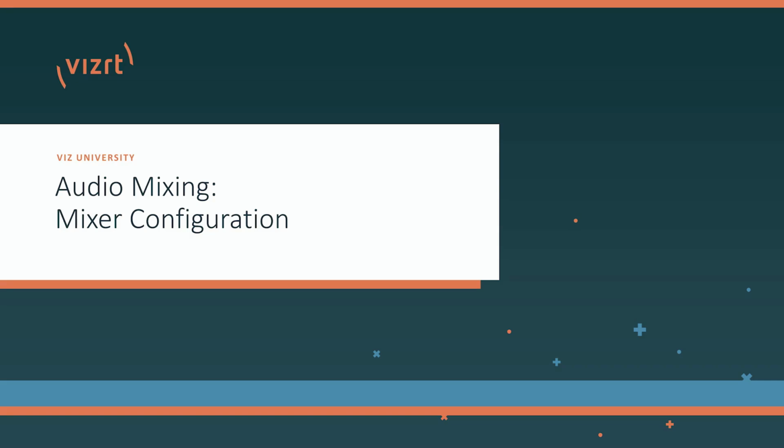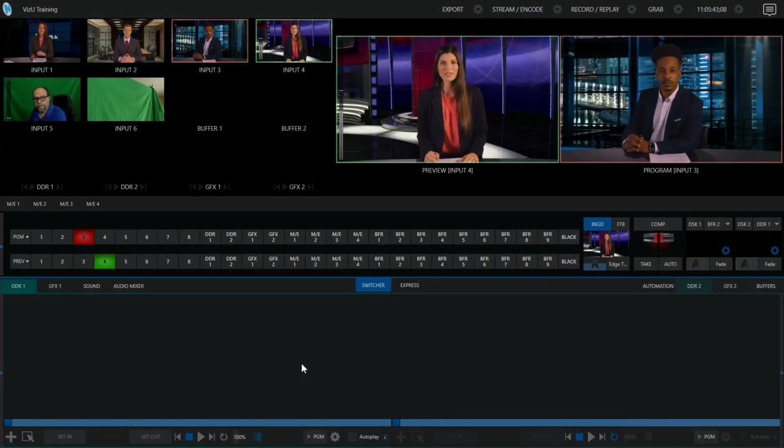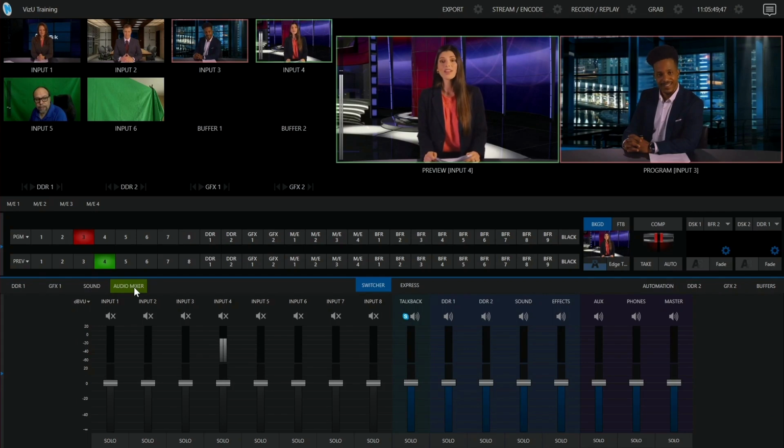In this class lesson, let's take a look at the TriCaster audio mixer. The TriCaster audio mixer can be found by clicking on the audio mixer tab at the bottom of the interface. When you click on it, you'll see the audio mixer appears and takes up both the left and right side